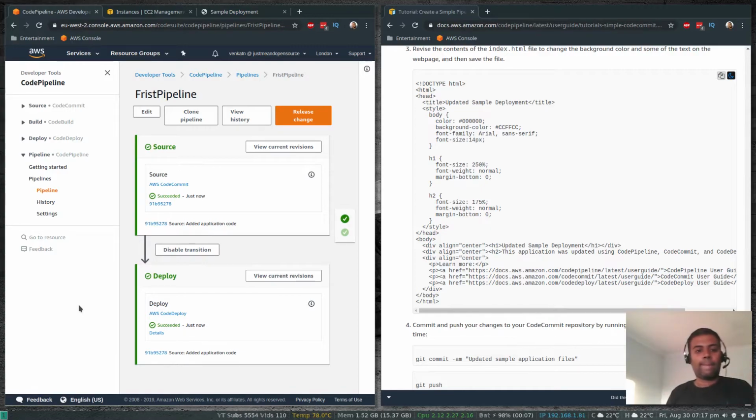So it should start a new pipeline. It should have triggered a pipeline, and in a short while you will see the source stage begin to run. Oh, okay, source stage already completed, and it's now in the deployment stage. It only took a few seconds, and it's currently deploying the new version of our application into